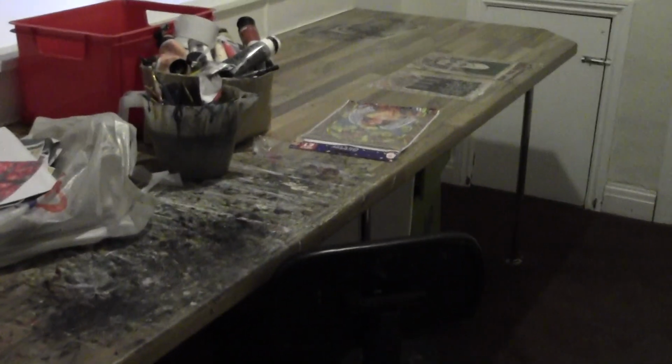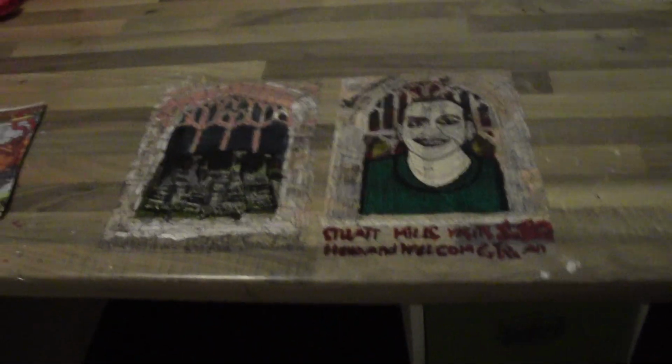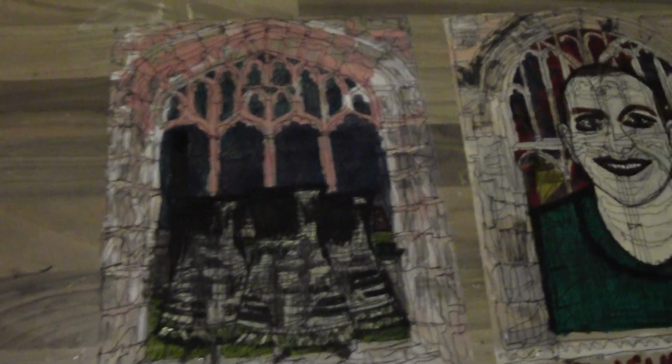So this is where I do my artwork, on the landing here, this bit. This is my art shop. So people can see how good I am at drawing church windows and cooling towers and tennis court fences with holes in, so...